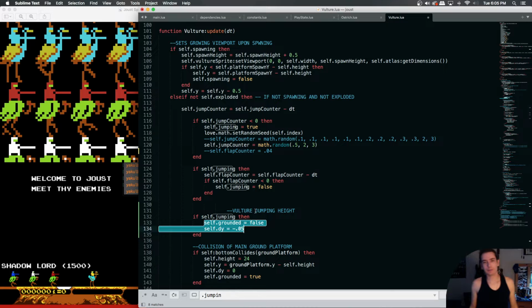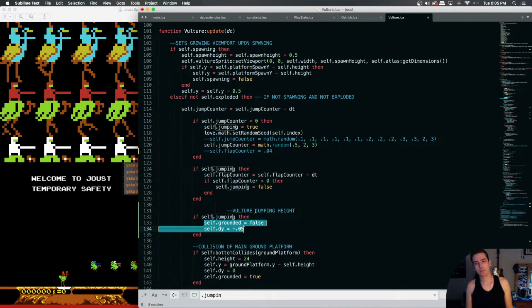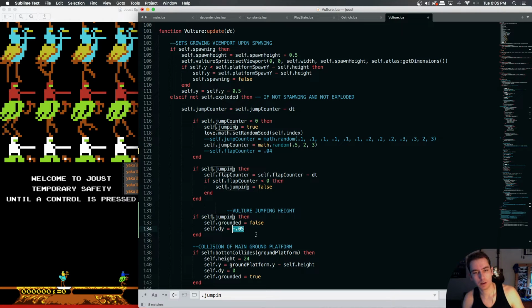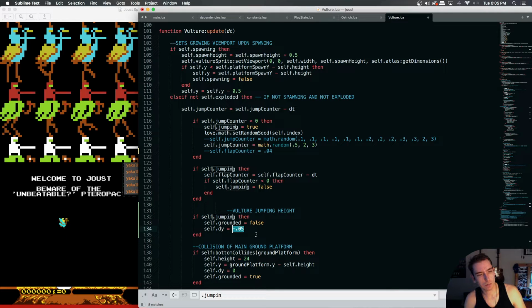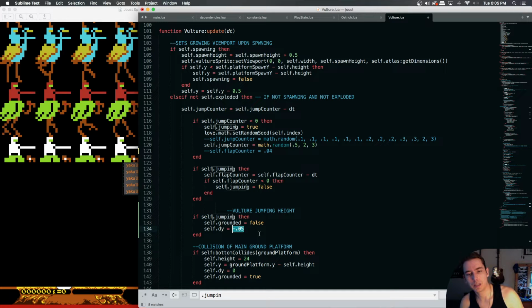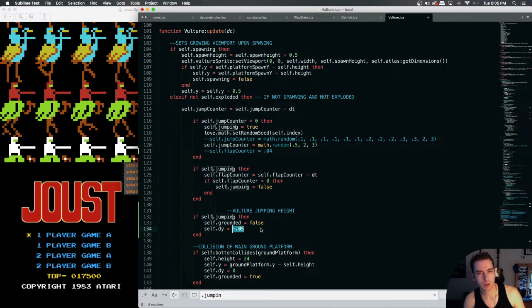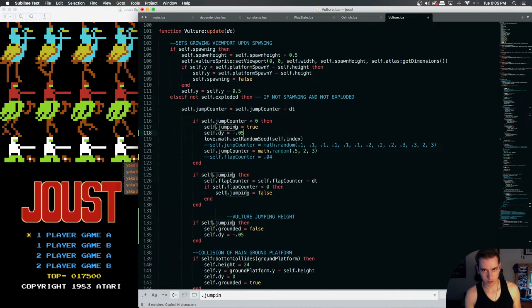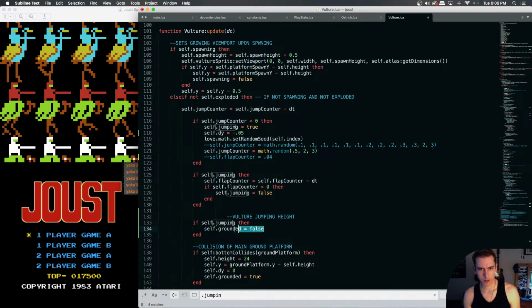So here if we're jumping, we don't want to do this. Because right here we're assigning upwards velocity anytime jumping is true, but we don't want to do that. We only want to assign the upward velocity upon jumping becoming true, like right here. Because we only want it to jump once, basically. Anytime you jump, you flap once, right? So that'll fix that. And then if we're jumping,